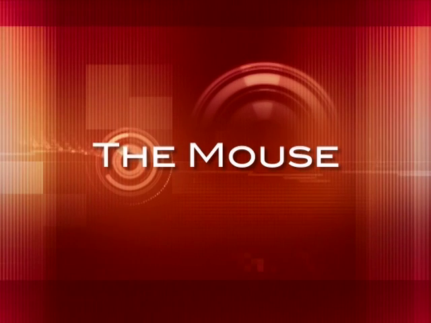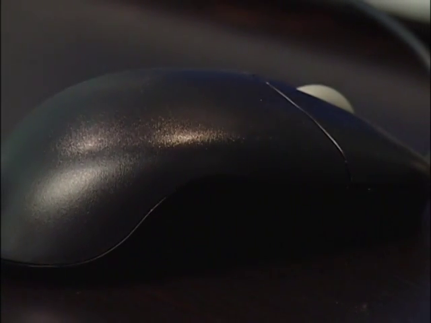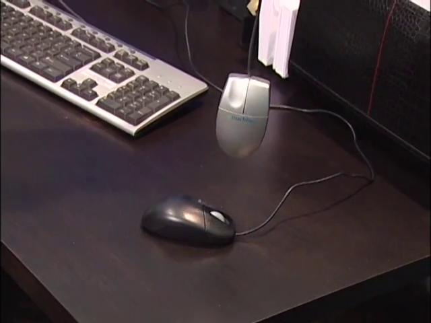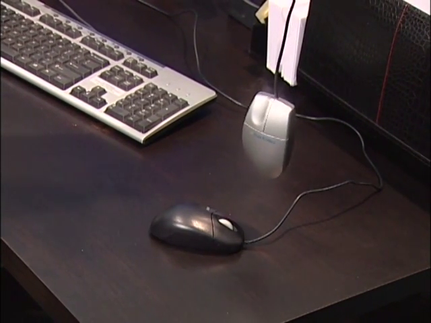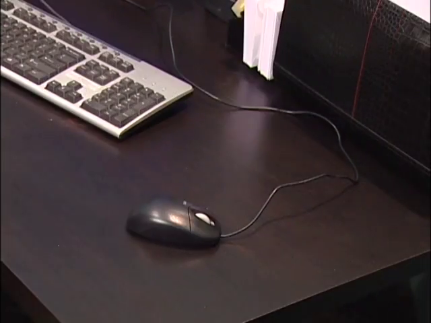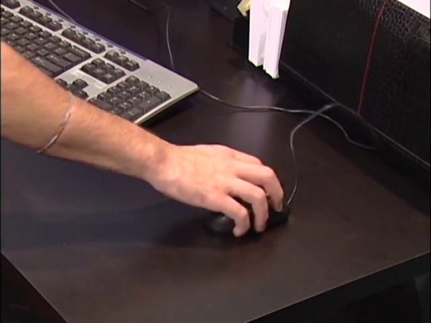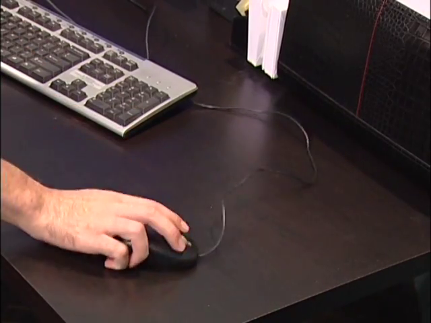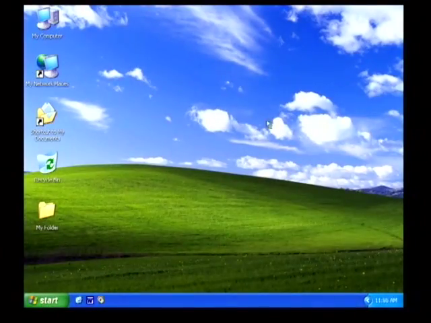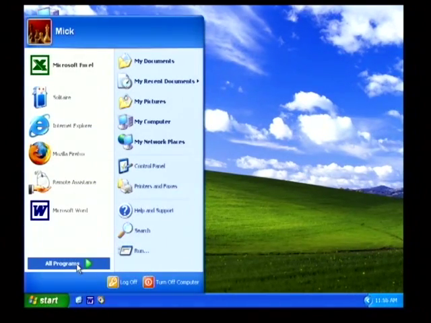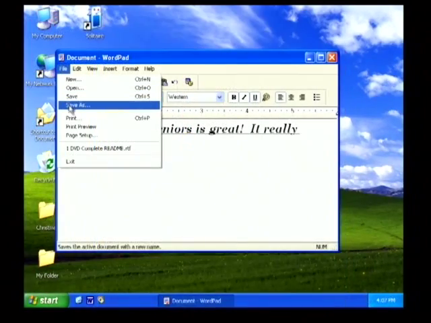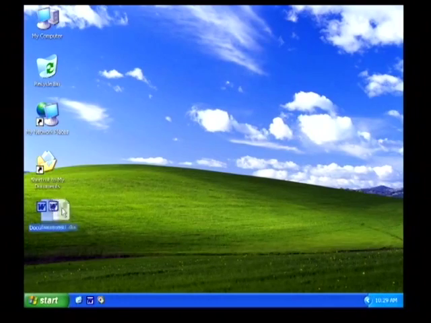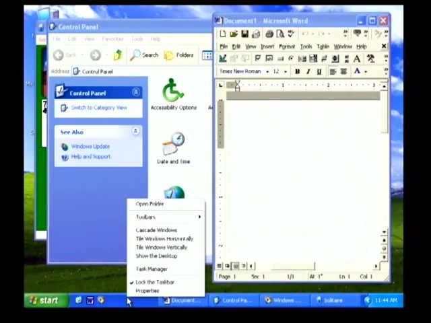It's time to talk about the mouse. Here is a look at a standard computer mouse. Perhaps it got its name because it looks like a mouse with its long tail, which is connected to the back of the computer. Or perhaps it's called a mouse because it moves quickly across the computer screen when you move it. Well, the mouse is extremely important to the operation of the computer, as it will perform many important functions like starting and stopping programs, saving work, as well as being able to move objects around and selecting important